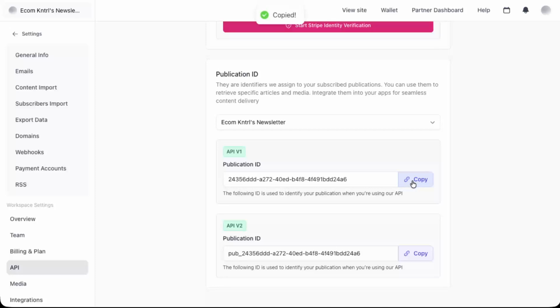When you've identified the version you want to use, simply click on that copy icon. This will copy the selected API key directly to your clipboard, so you can paste it into your code editor, integration tool, or environment variables. Be sure to keep this key private and never share it publicly, since it grants access to your Beehiiv data. And that's it. You've successfully accessed